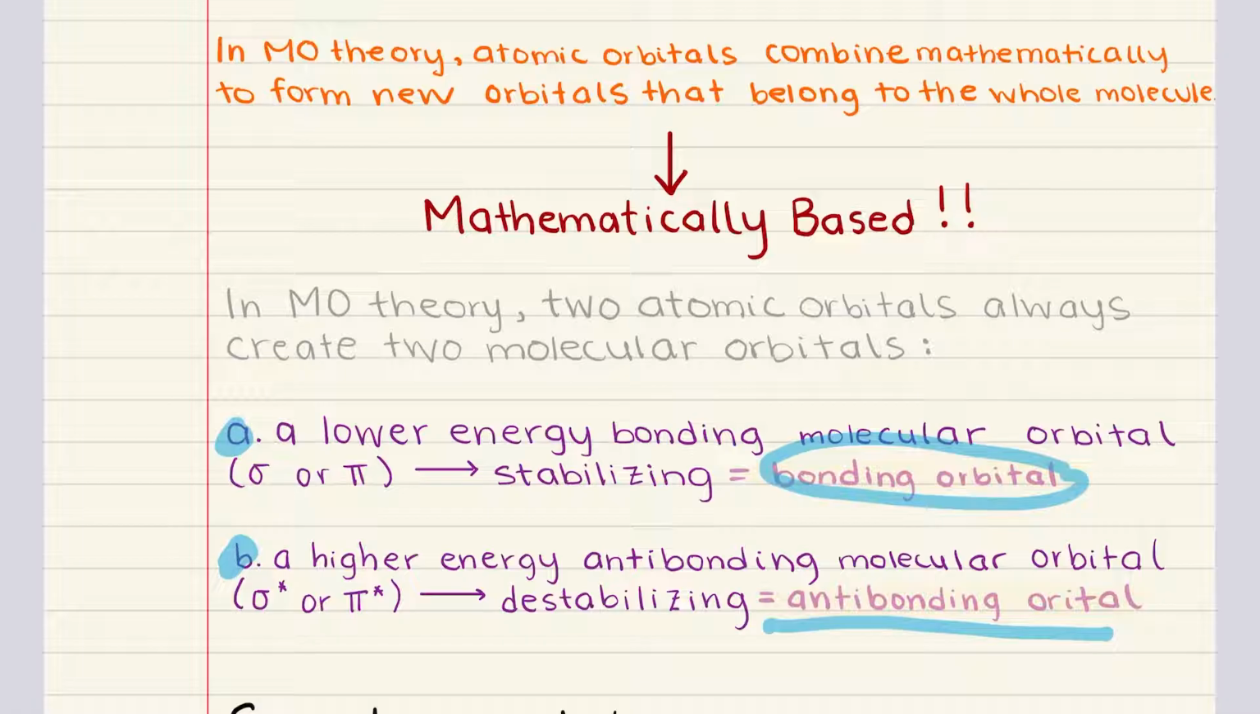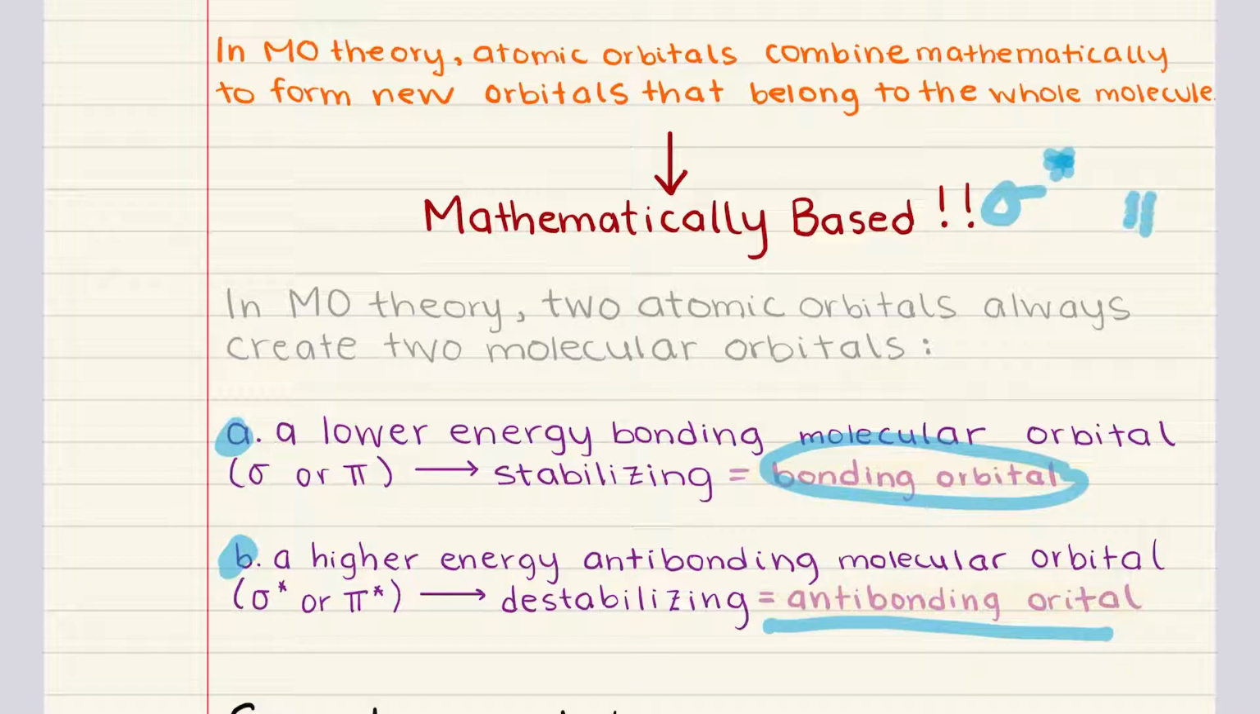It results from destructive interference, meaning the electron density is reduced between the nuclei, and instead a node forms between the atoms. A node is a region of zero electron density. This actually pushes the atoms apart, and it weakens or even prevents bonding. Anti-bonding orbitals are going to be denoted with an asterisk, so we're going to write them either as sigma star